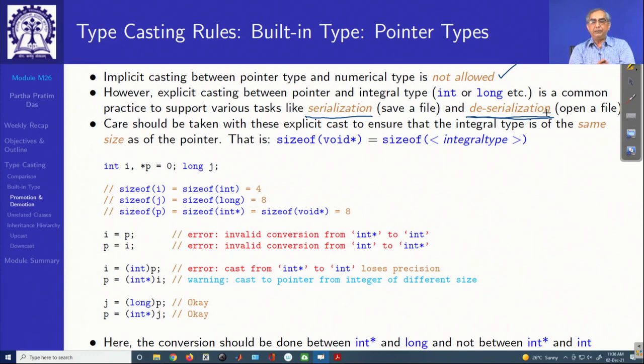So, you need to convert them into some form of binary representation, which is best done in terms of an integral type. Now, when you do this, you must be careful that your integral type is large enough to fit the pointer address. Typically, it is advised that you always choose an integral type which has the same size as the pointer type. Just as an example, here I show